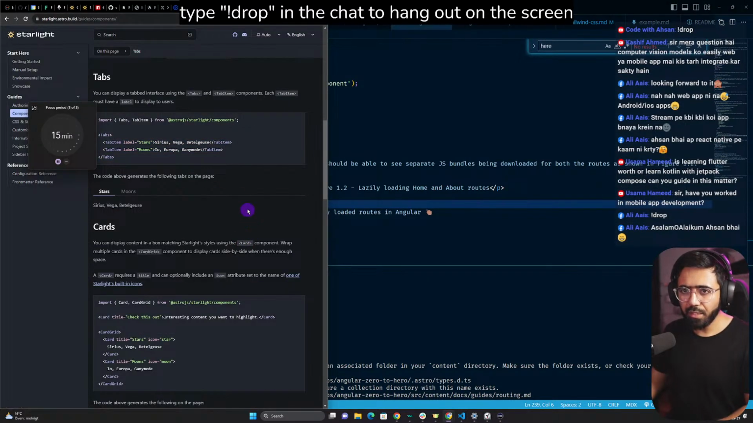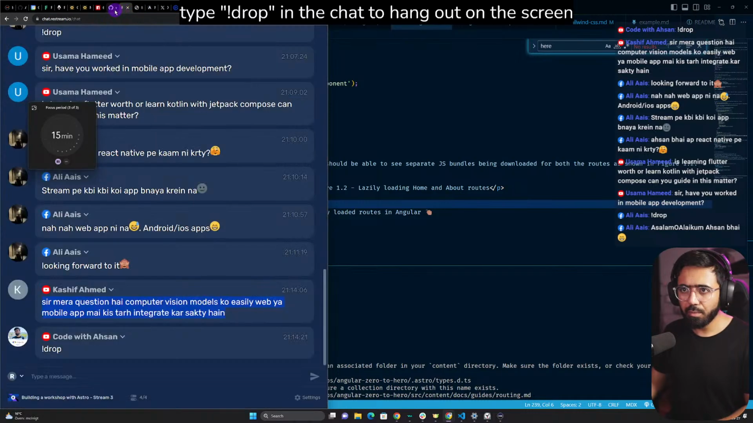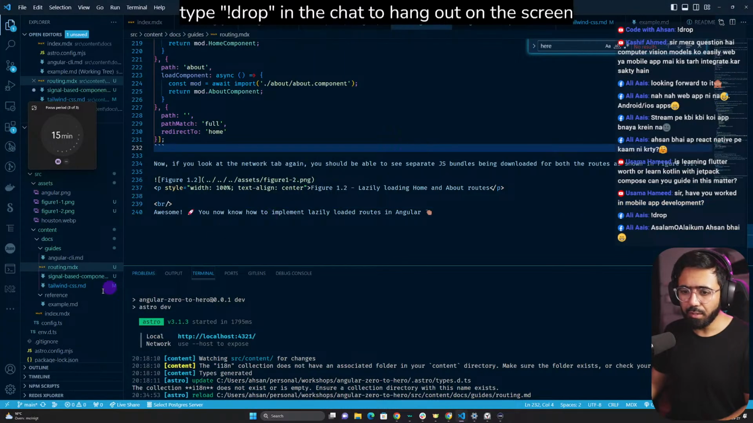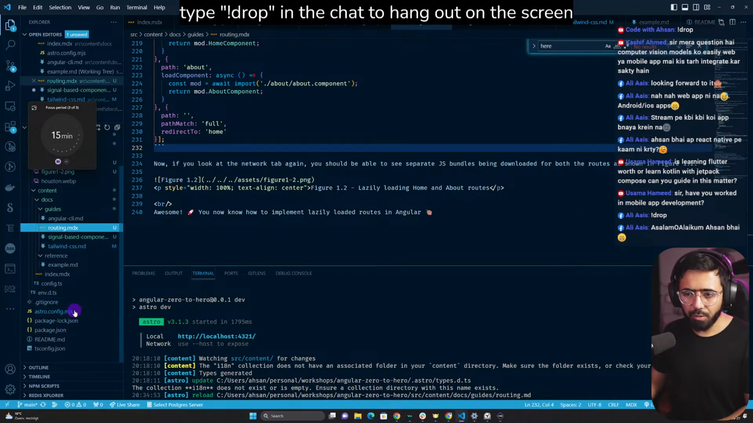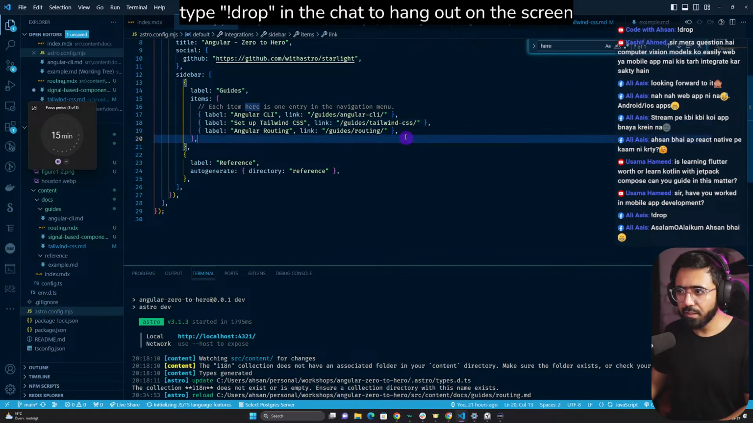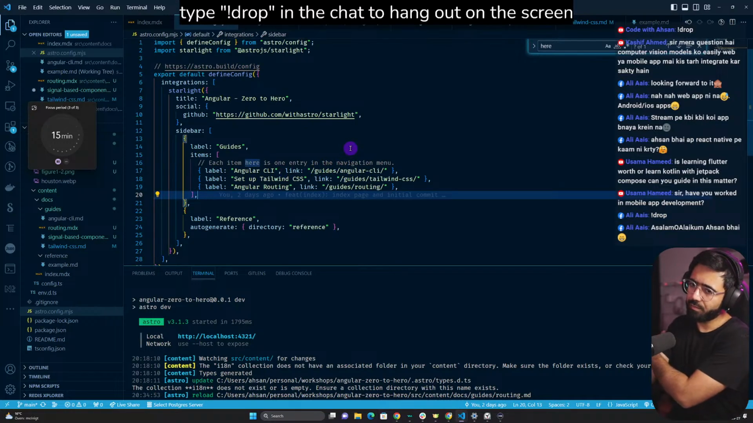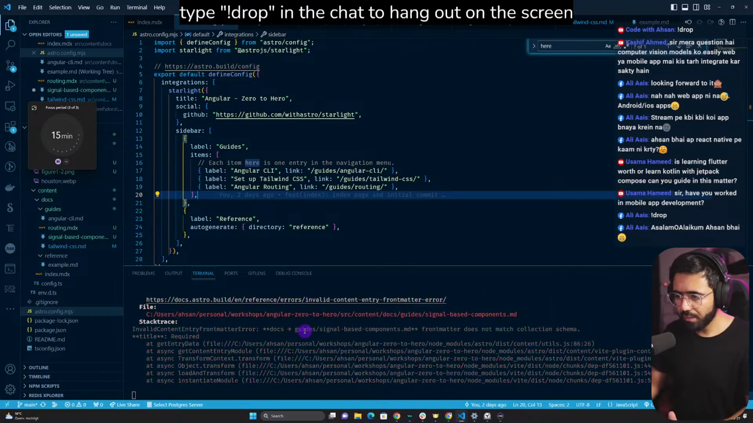If I go to my pages, does it still work? I'm assuming no. Yeah, so md does not match anything, right? So then we would have to go to our Astro config mjs. This should be, can I have that as an mdx or no? I think no, because here now it says something like